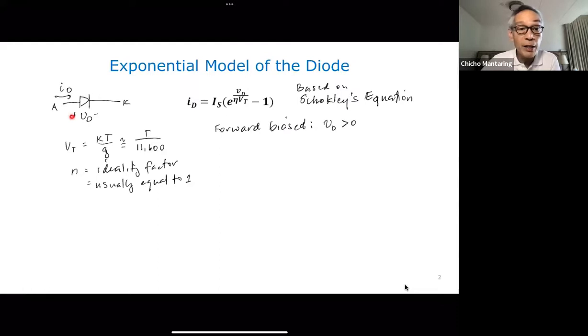The anode is positive with respect to the cathode, no? So forward bias, that's V_D greater than 0. If it is reverse biased, it's V_D less than 0. Okay, under normal forward bias,